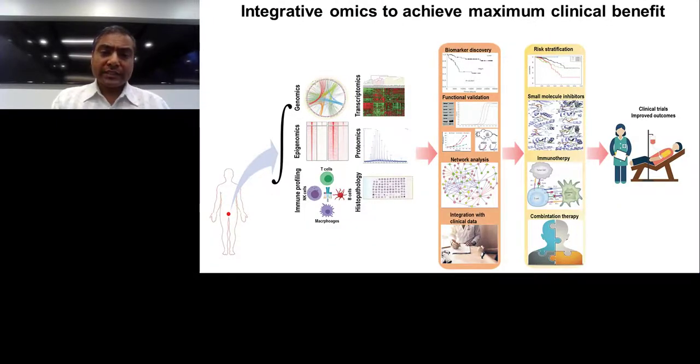And so this slide pretty much summarizes what I just said, that integrative omics approaches can lead us to achieve maximum clinical benefit. So we can take a patient's tumor and use different approaches that are enabled by next generation sequencing technology, for example, genomics or epigenomics or even immune profiling or transcriptomics. And then we can integrate this data to look for robust biomarkers. We can validate this data to look for the potential drivers. We can do the network analysis